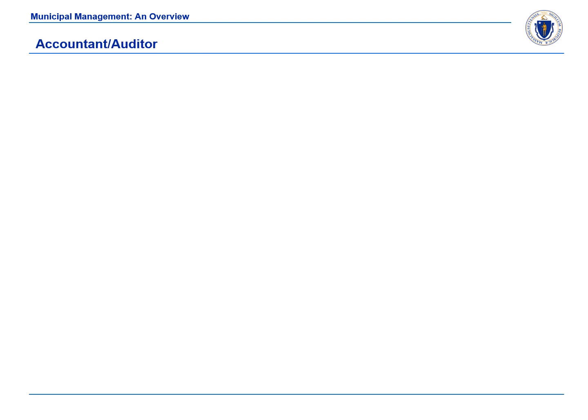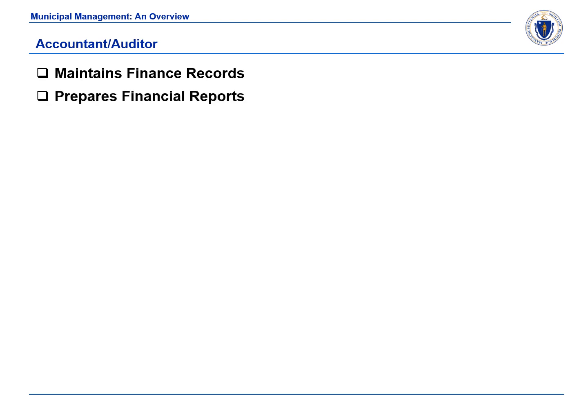The town accountant, or city auditor, is the official who records all the financial transactions of the municipality, such as revenues, expenditures, appropriations, and debt. The accountant or city auditor uses this information to prepare financial reports like the balance sheet, Schedule A, and the statement of indebtedness. The accountant or city auditor also prepares interim reports during the fiscal year to assist in budgeting, and also notifies departments monthly of unspent and unencumbered